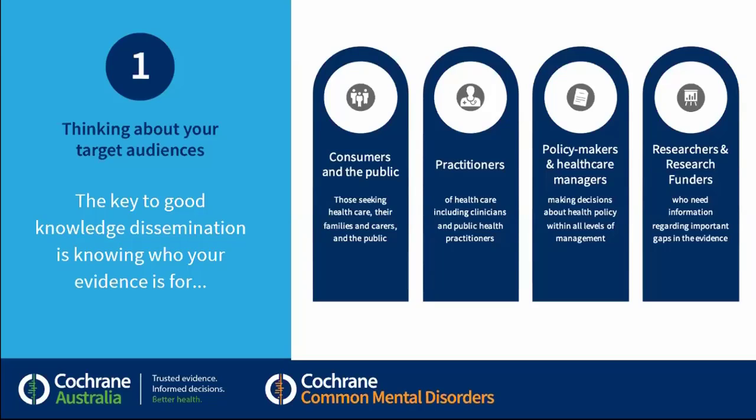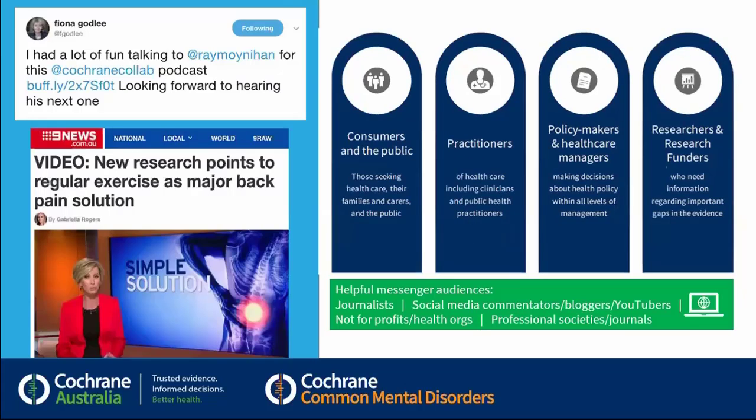So when you talk to Shauna about different audiences, she also likes to think about our helpful messenger audiences as well. Within the Cochrane strategy for KT, these audiences are sometimes referred to as intermediaries. And these are the really helpful messenger audiences, like journalists, social media platforms and guideline developers, that can help us access some of our main key audiences for Cochrane.